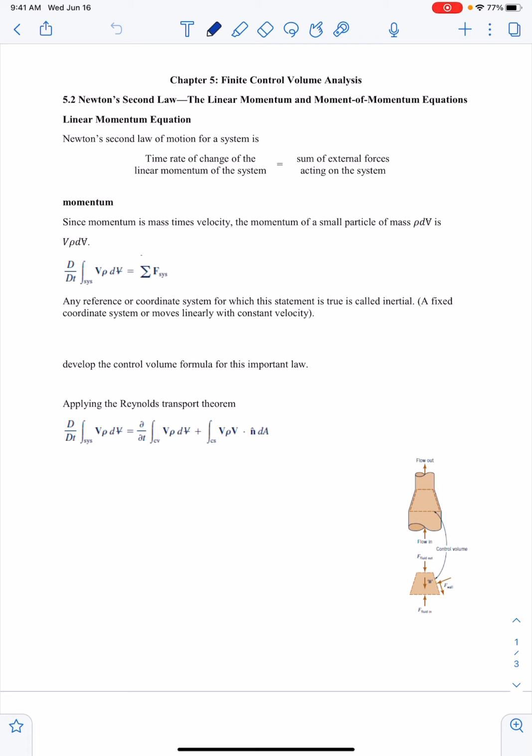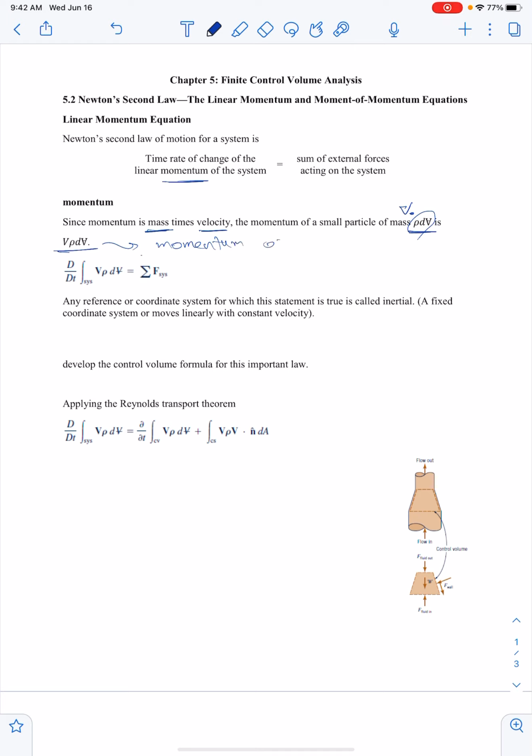So we say momentum, right? What is momentum? The momentum is mass times velocity. And let's consider a small particle. Then the mass of the small particle is going to be rho dV, right? And then the momentum is going to be the velocity times this mass. So this is going to be the momentum